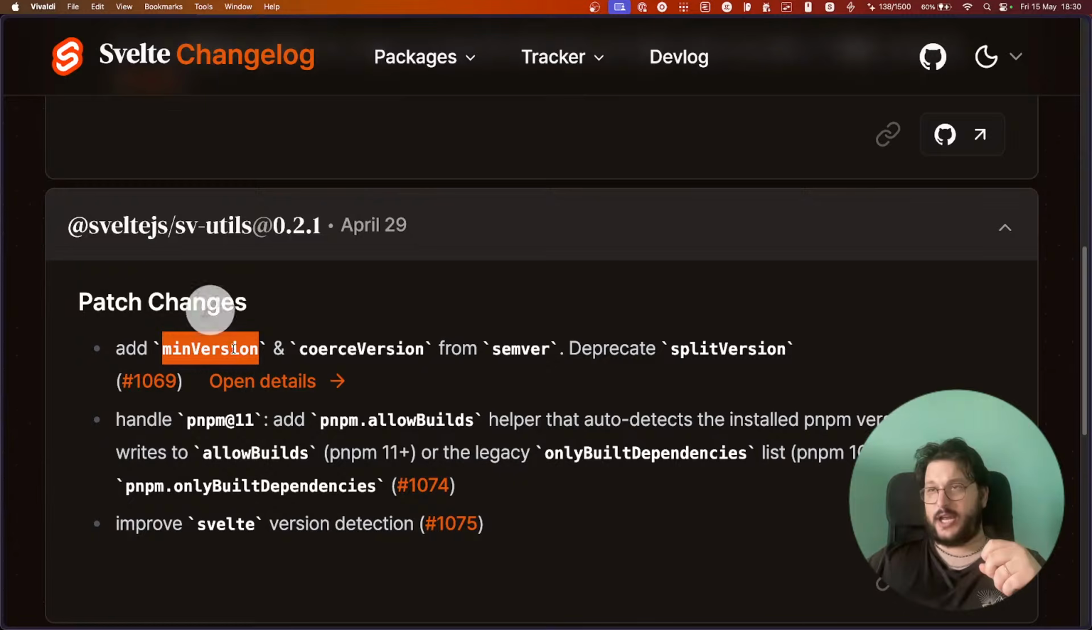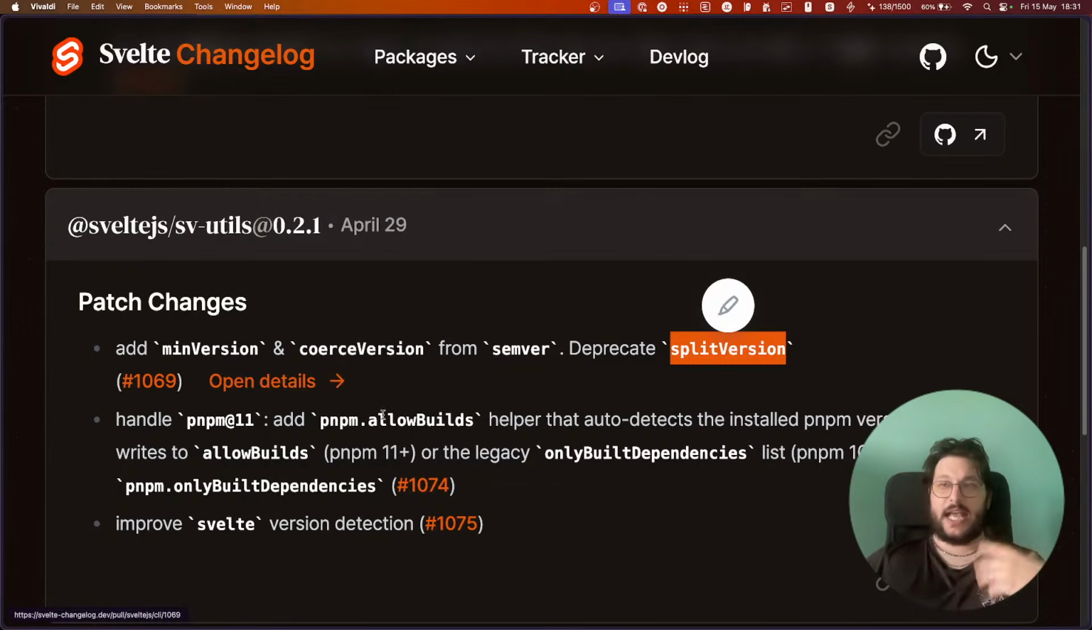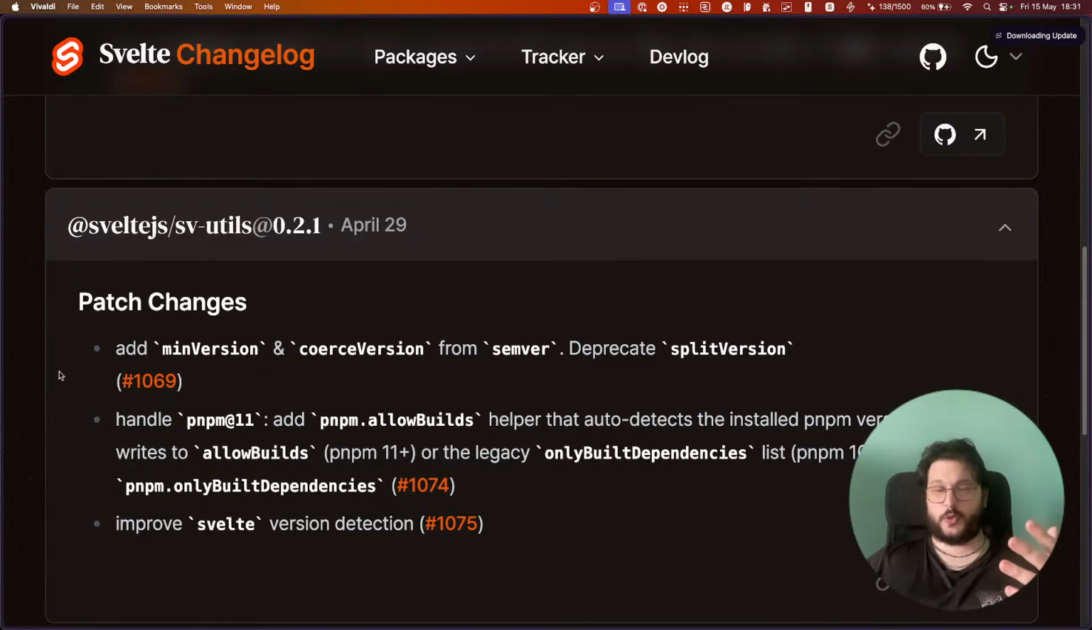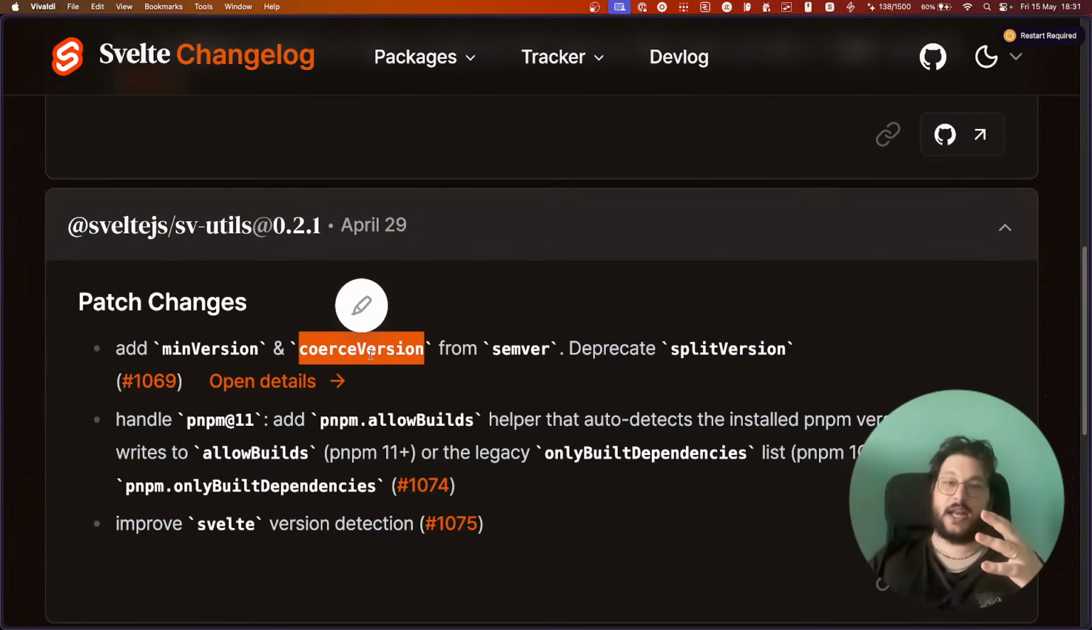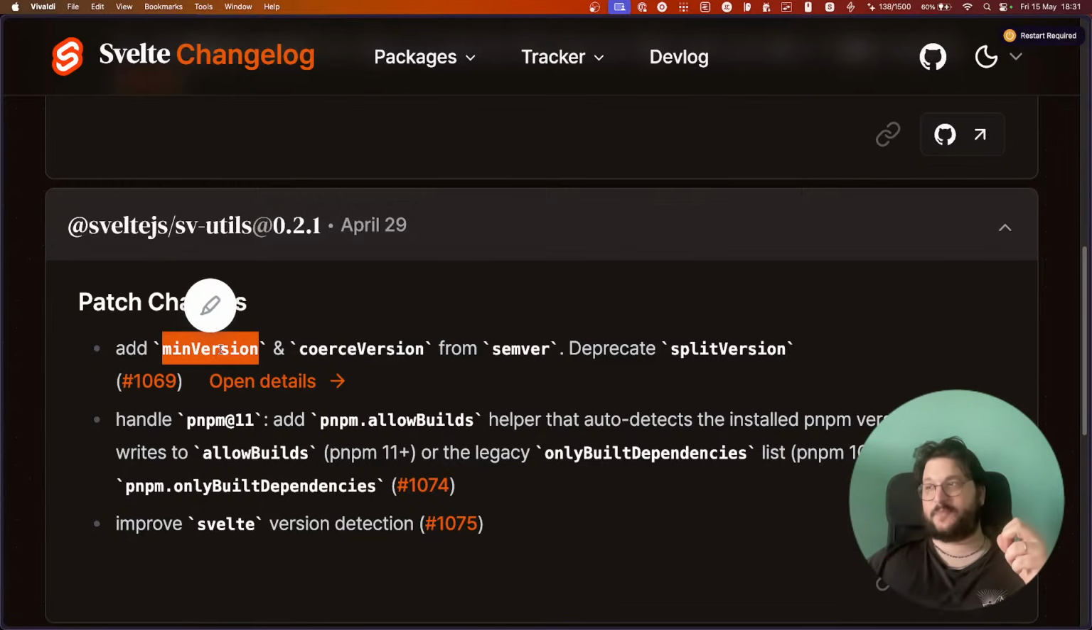Add min version and coarse version from somewhere, deprecate split version. SV utils is the package that you can use to build SV add-ons that Jean presented last time. And those are basically a bunch of utils that you can use when you want to interact with the code base. So in this case, if you want to check what's the min version of the coarse version of a certain package, you can do that with these exposed